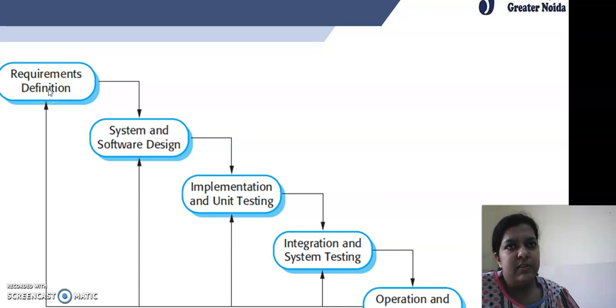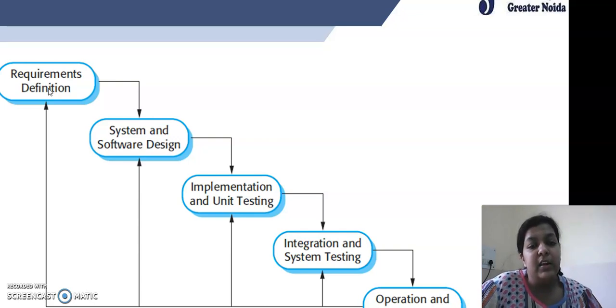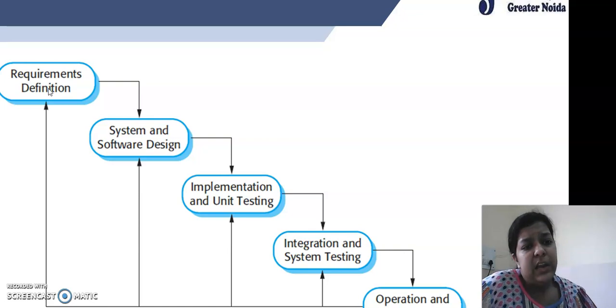Now, the first phase of the waterfall model is the requirement definition. Firstly, with the help of our experience and based on our type of project, we have to gather the requirements. There are various ways to gather the requirements. We can conduct surveys, seminars, and quizzes, or we can take previously defined projects of the same type, and based on that we are able to collect all the requirements.